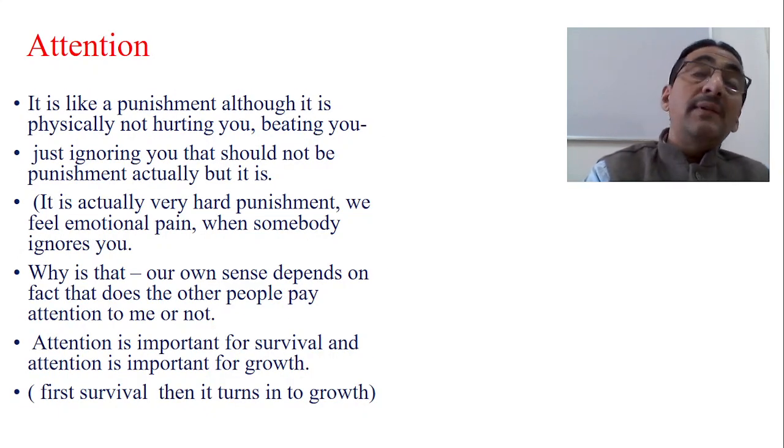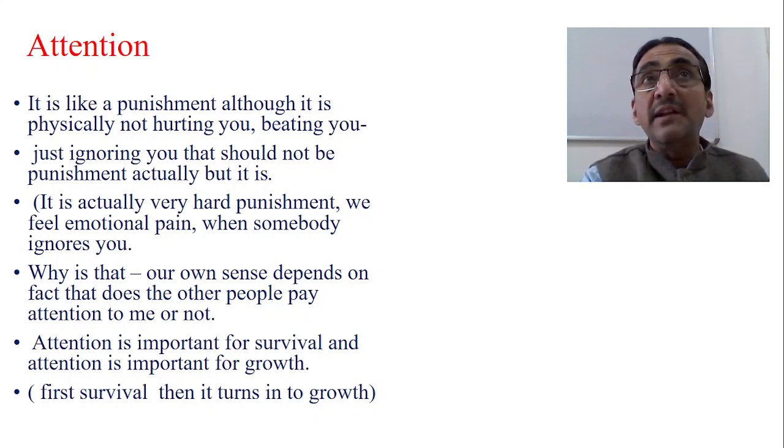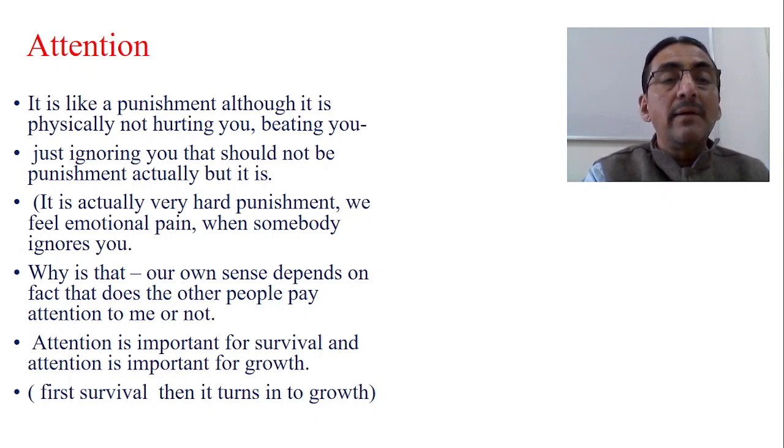So now, somebody not giving attention to you is like a punishment, although it is physically not hurting you or beating you, they are just ignoring you. That itself is the biggest treatment. Now just imagine if the same thing occurs to the growing child. Father and mother are not giving attention to the child. Now, what is going through the brain of the growing child? All the further developmental process will stop there. It will be hampered. So, therefore, giving attention to the child in each and every phase of the growth round the clock is very important. Actually, ignoring somebody is a very hard punishment.